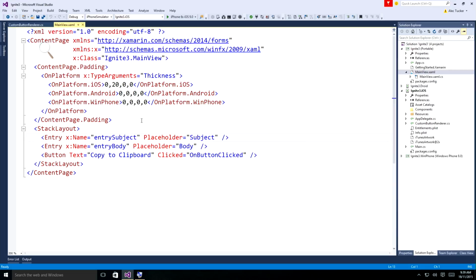So the guts of our screen down here is identical to last time, just two entry fields and a button. We're not doing anything different in our UI definition here in the XAML. We're just saying this is a button, which is asking the Xamarin Forms rendering engine to figure out how to render that on whatever platform we're running on. We can hook into that process